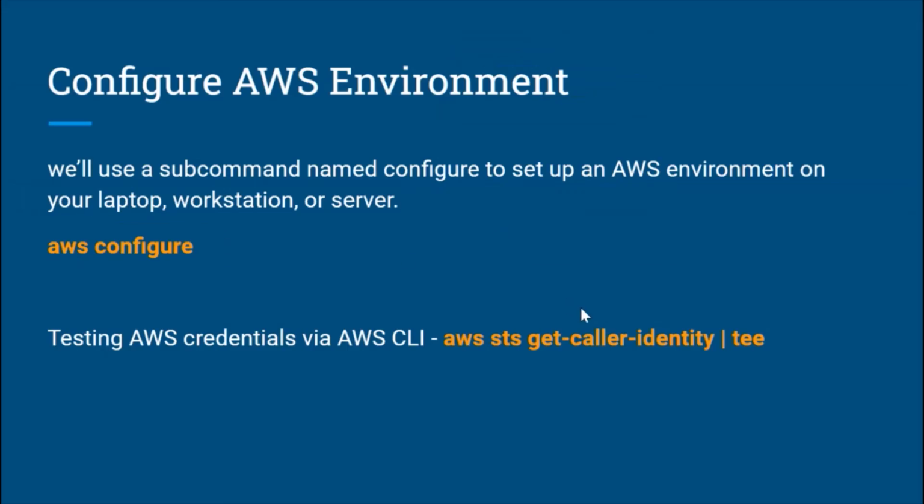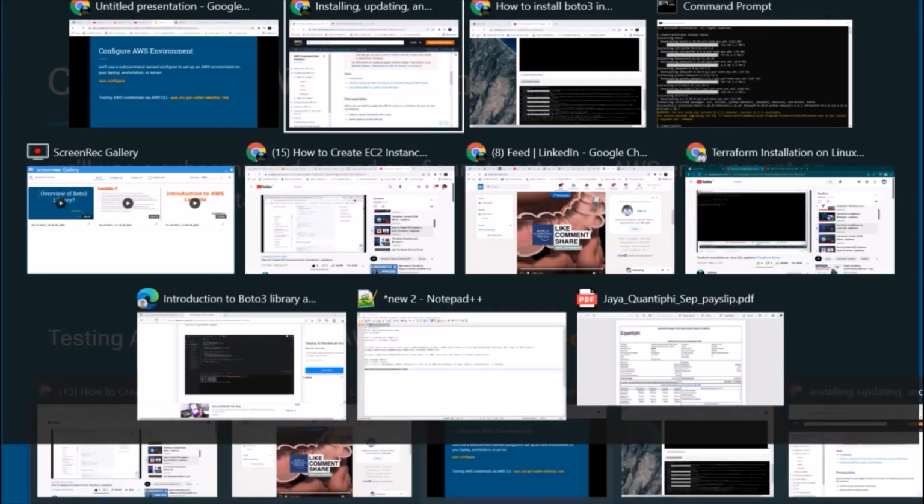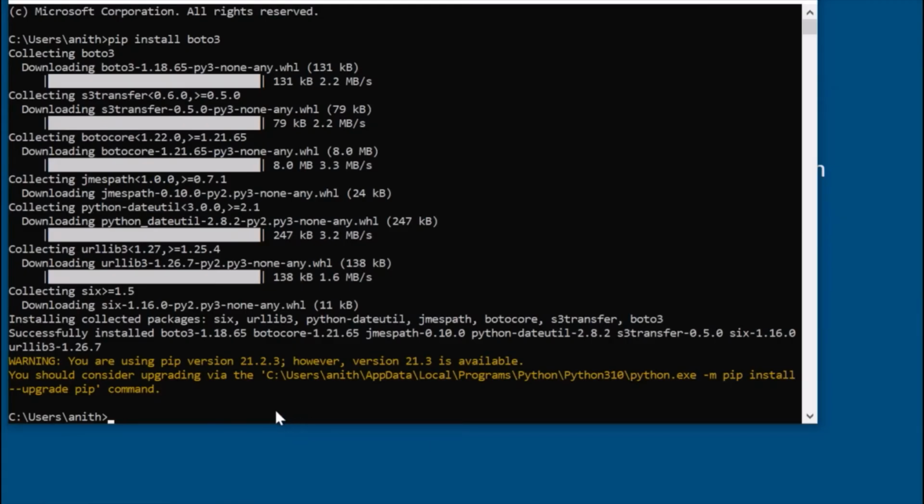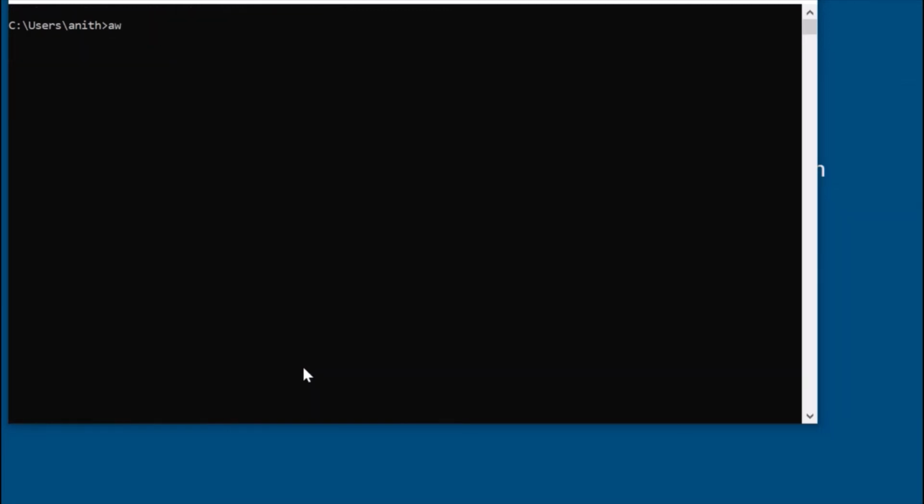Once you install, the next step is how we communicate with the AWS environment, configuring the AWS environment. To configure it, just use aws configure. It will ask you for four attributes: access key ID, secret access key, default region, and output format, which you have to pass.